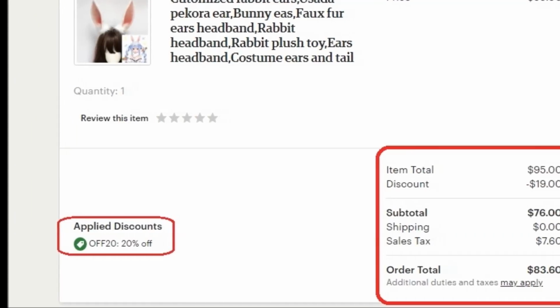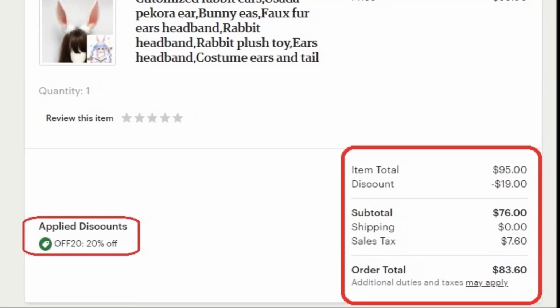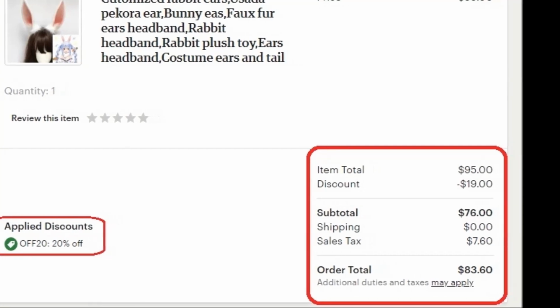The rabbit ears that I got were originally $95, but I got a 20% off discount, which is really cool. It was just a coupon basically applied to the regular price on its own. They were just having discounts. These ears are from the shop known as